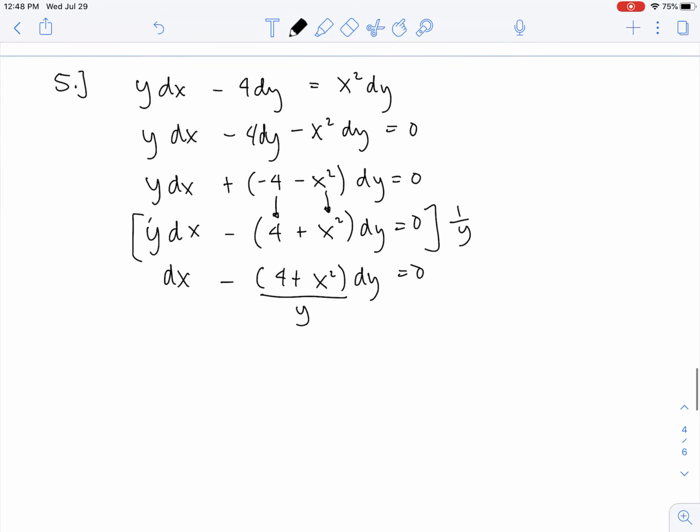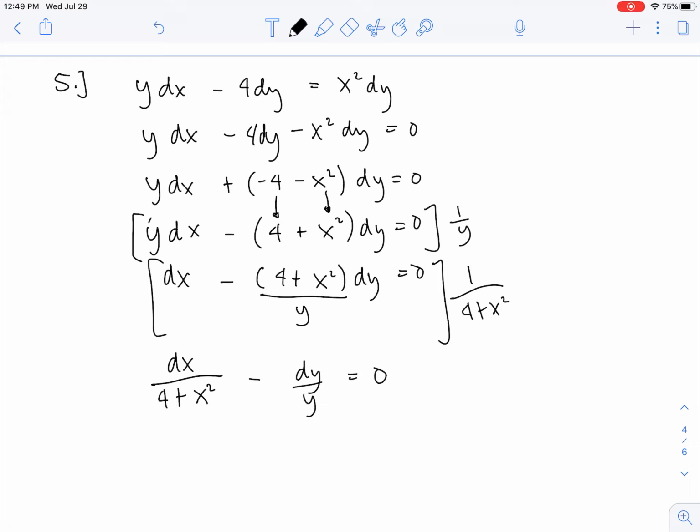Okay? Next is, hawaon na ito ning na ix dira. So, to do that, just simply multiply by its reciprocal. So, 1 over 4 plus x squared. So, 1 over 4 plus x squared multiplied by dx is just dx over 4 plus x squared. Minus, makancel ang kani o kani. Mabilin lang dy over y is equals to 0. Then